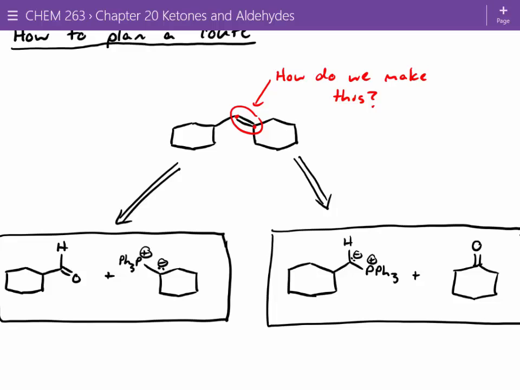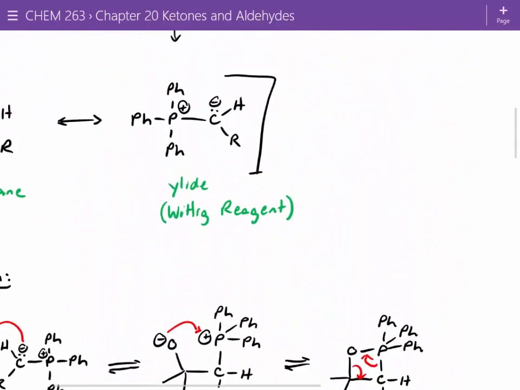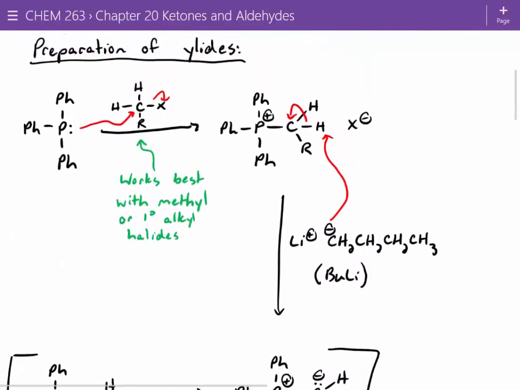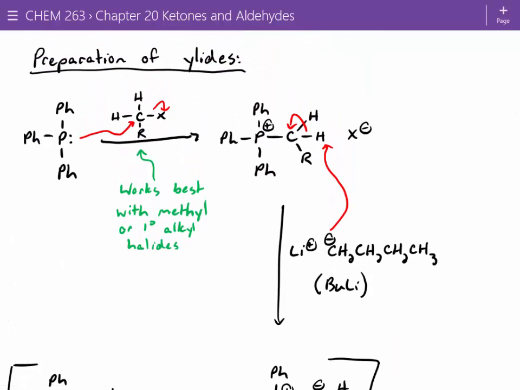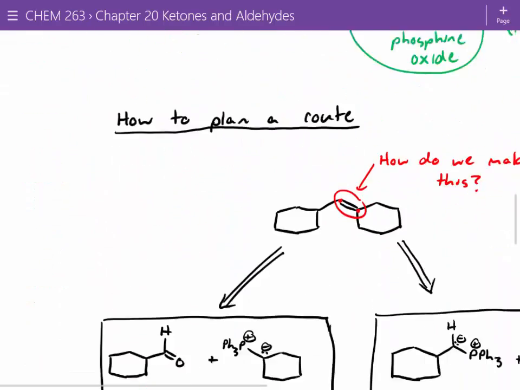One on the left, because it's a primary carbon, that would be a second. Well, now let's go and look even back one step further. Back when I was talking about preparation of the ylides, we said it works best when you have an unsubstituted ylide, meaning that R group could be a hydrogen, or at the very most one alkyl group. Because we said SN2 reactions with an alkyl halide proceed much, much faster for methyl and primary than secondary and tertiary. So if we go back and we look at our two different routes again,